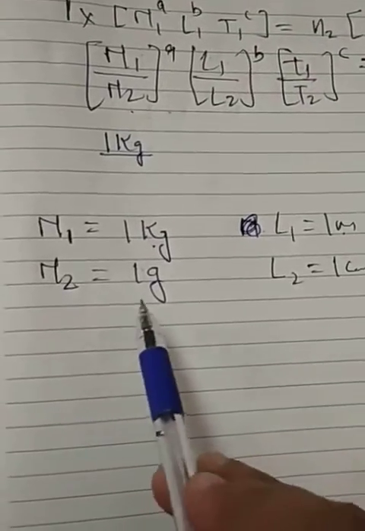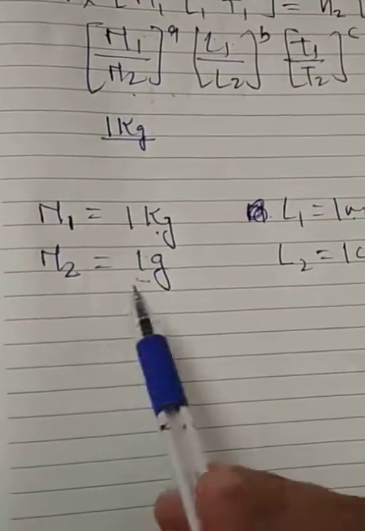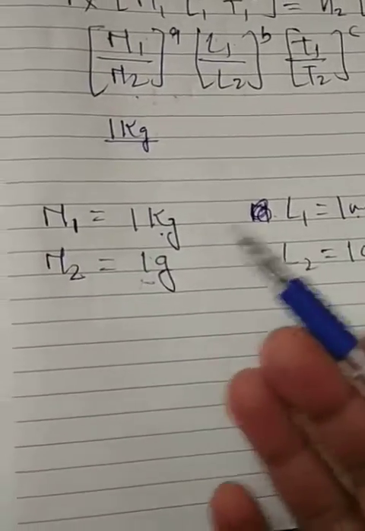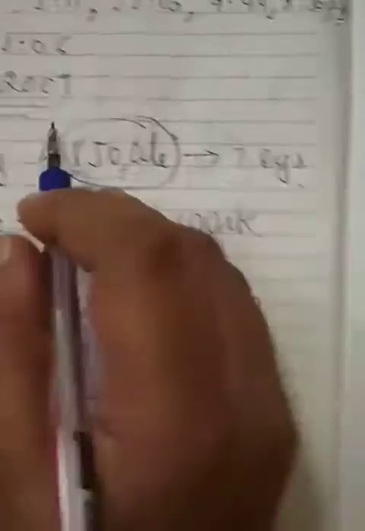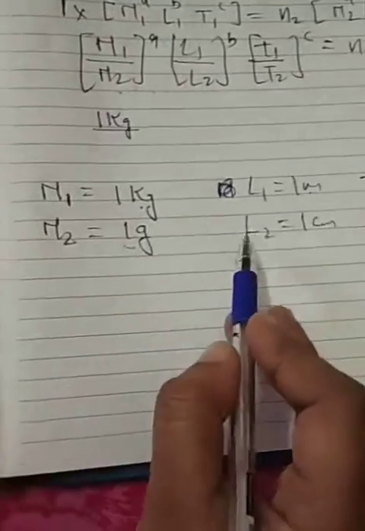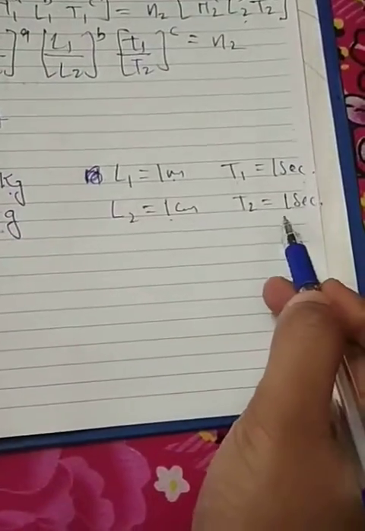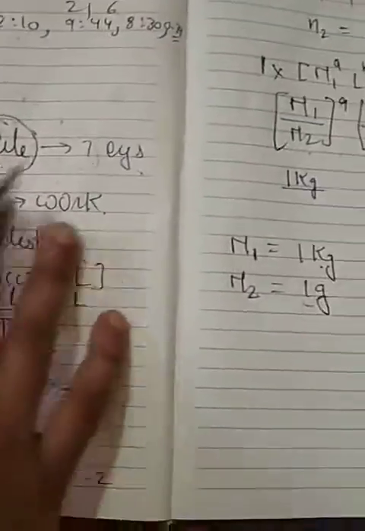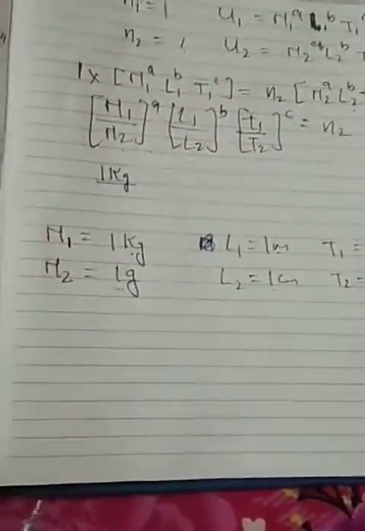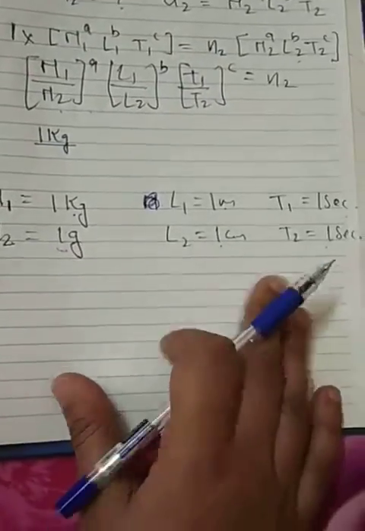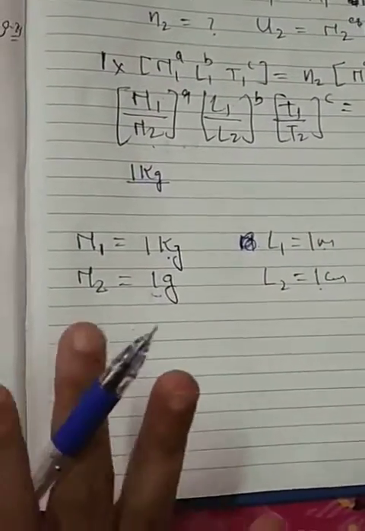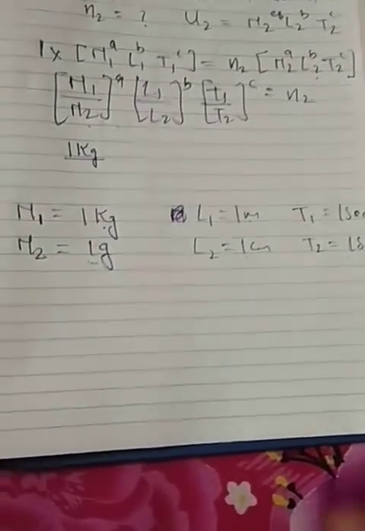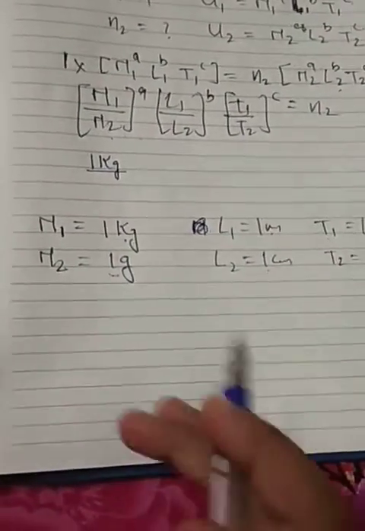So it's not necessary they will ask about only 1 gram. Maybe they want 100 grams. Maybe they want to know the answer in terms of how much 1 joule is in 100 grams, 200 centimeters or 3 seconds. They can ask anything. But in this question we have this M2, L2 and T2. Okay, so every concept you will get clear. Just wait, have patience, just go with the flow.